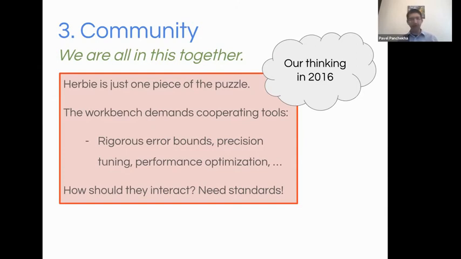So for that, we figured we needed some kind of standards. We needed some kind of form of interchange. And that was the driving force behind our initial idea to build some kind of floating point benchmarks and standards and tools community. Now, looking back at that, the reason this has been successful and the reason that this effort